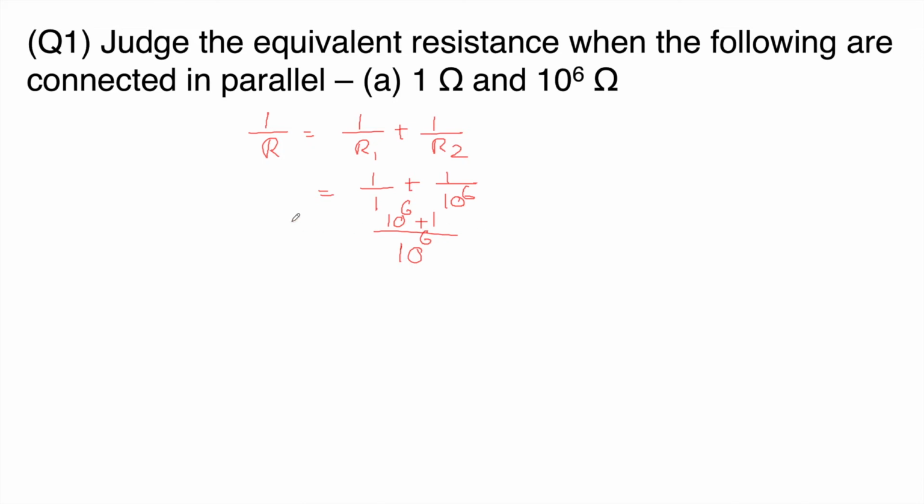So 10 raised to 6 means what? 6 zeros we have to keep here. 1, 2, 3, 4, 5, 6, plus 1 by, like this. But this is 1 by R. We have to find the R. So we should take the reciprocal of this. Then it will be